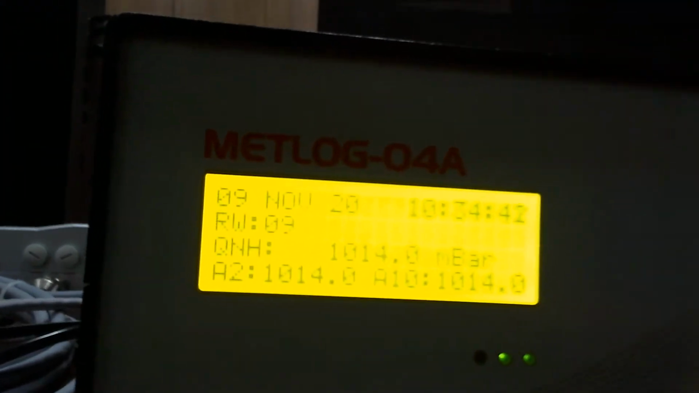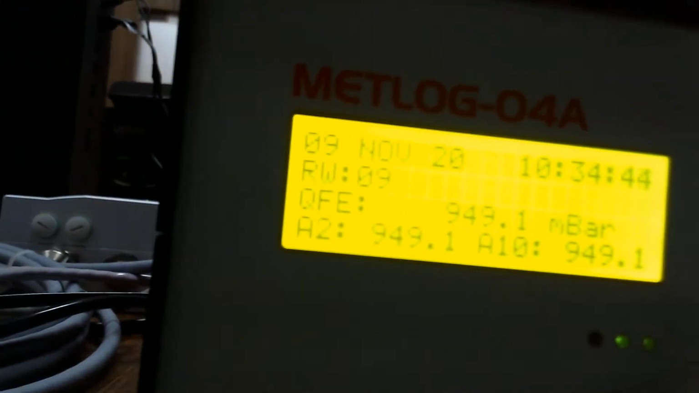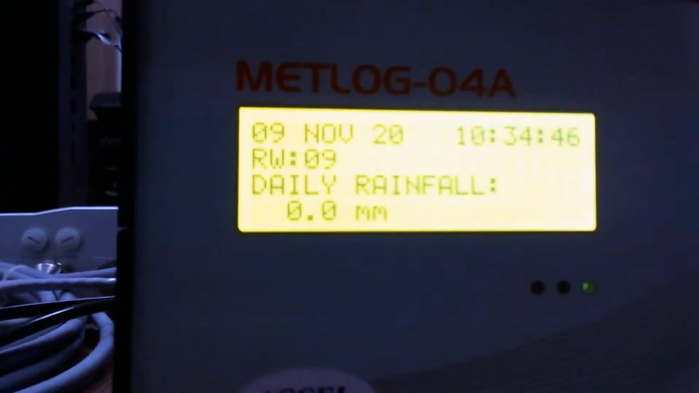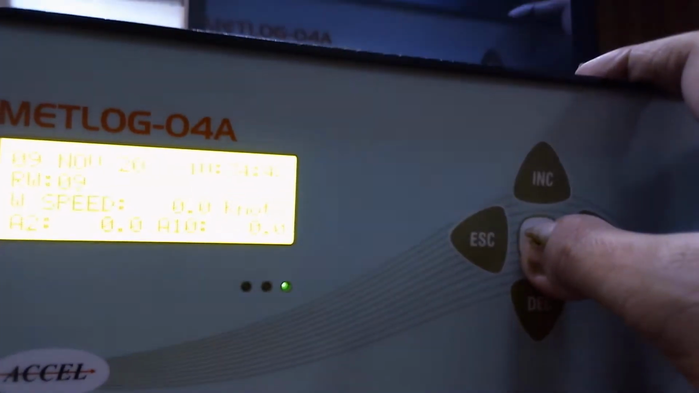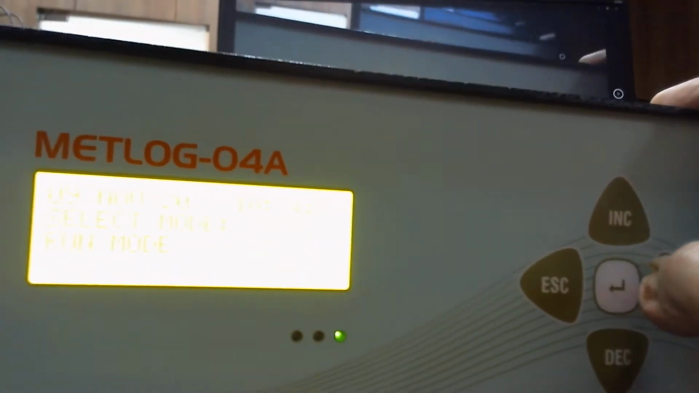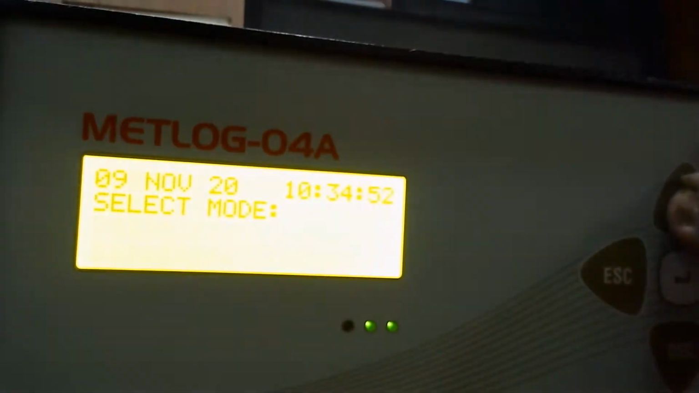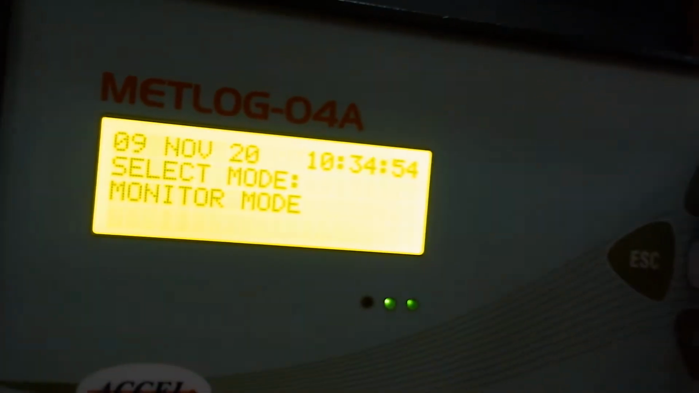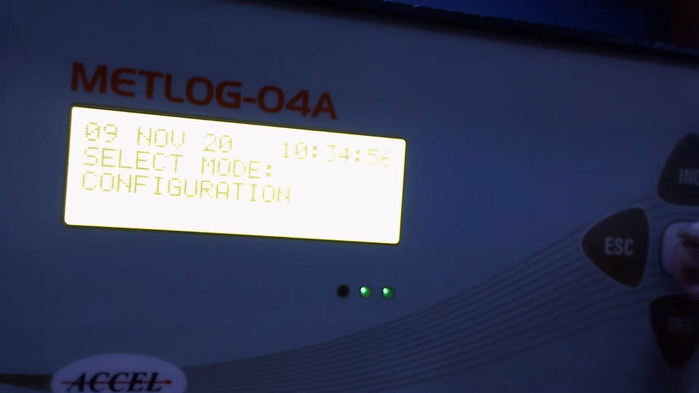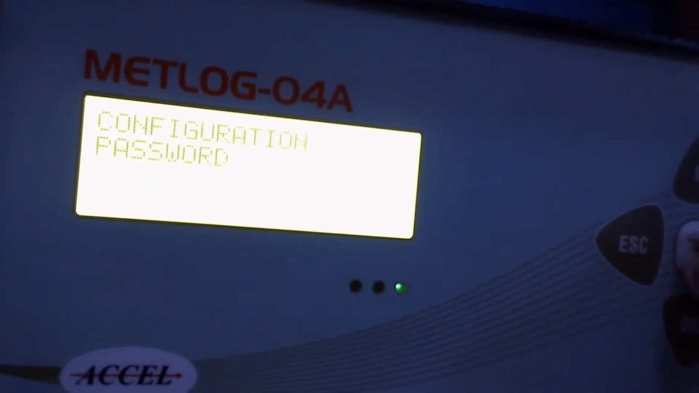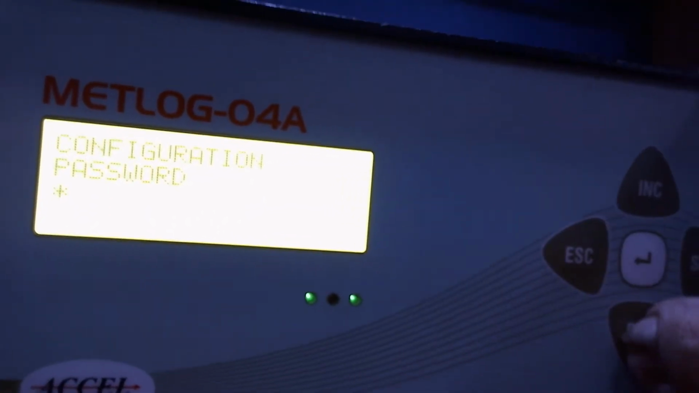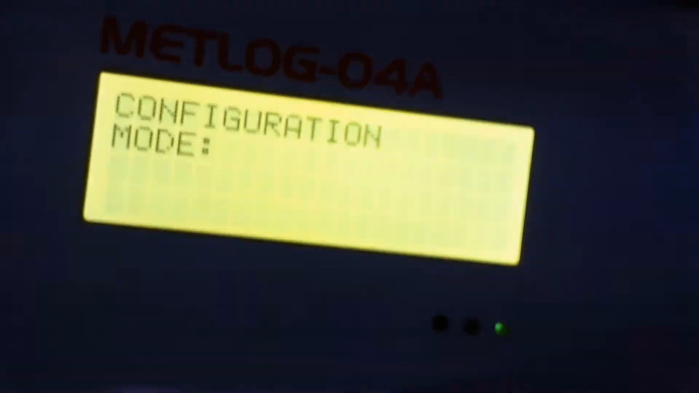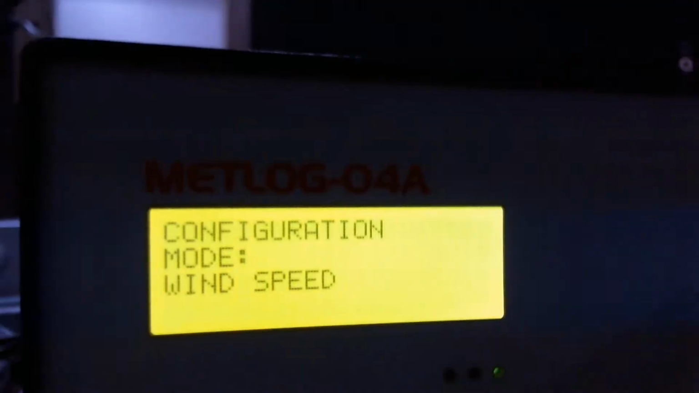So now, after a few moments this will go to the run mode. So again we have to go to the configuration mode. For that you keep on pressing the enter program button, then again run mode will display, then go to configuration mode, then enter the password up down. So the first sensor is wind speed. So how to configure it? You see,